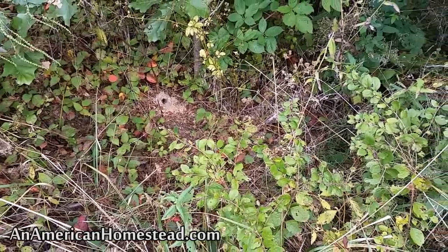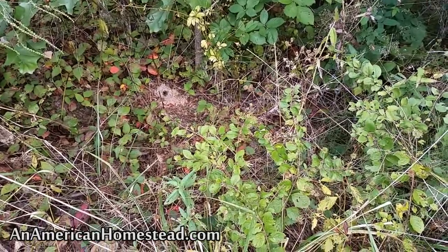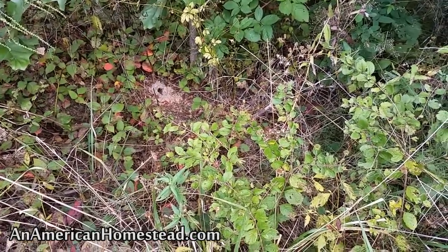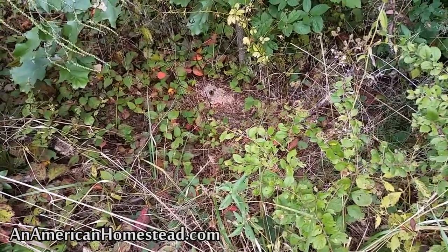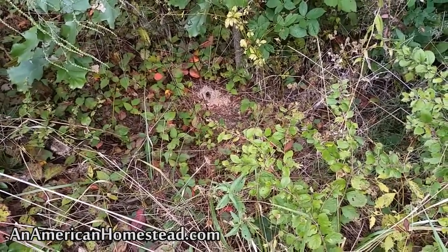Just a little ways behind me here, there is what we call a yellowjacket nest. They go by different names. Yellowjackets is what most people around here call them, but what it amounts to is a whole lot of pain if you stumble upon a nest like this and you don't know it, and they will quickly let you know. Since we've moved here, we have seen a number of these nests in the area,